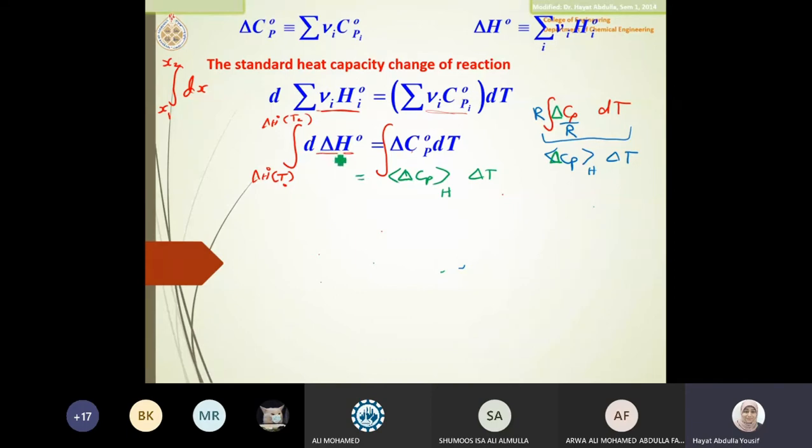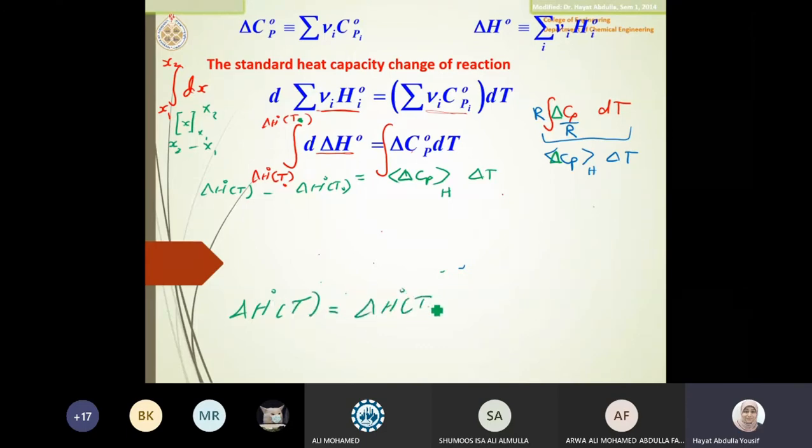And here, according to what I have, I have integration. Now when you substitute, it's going to be x from x1 to x2, meaning x2 minus x1. This is how you do it in math, right? If I apply the same thing here, it's going to be delta h, because instead of x, I have delta h, so it's delta h naught t. I will call it that one t, not t2, because I have t naught and t. Delta h naught t minus delta h naught t naught. So if I want to find delta H naught at any temperature, it is equal to delta H naught at T naught plus this term.